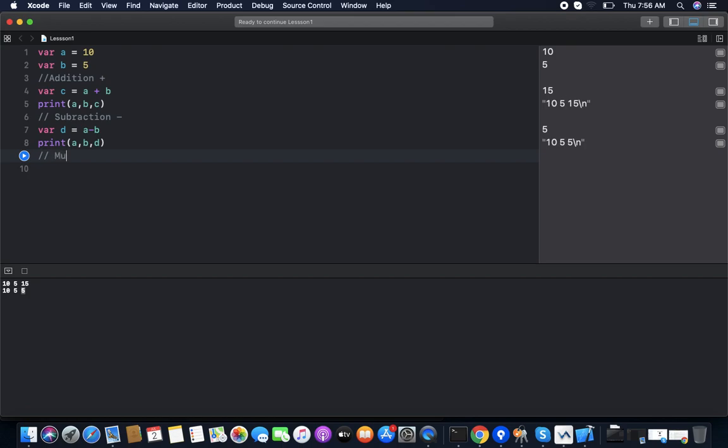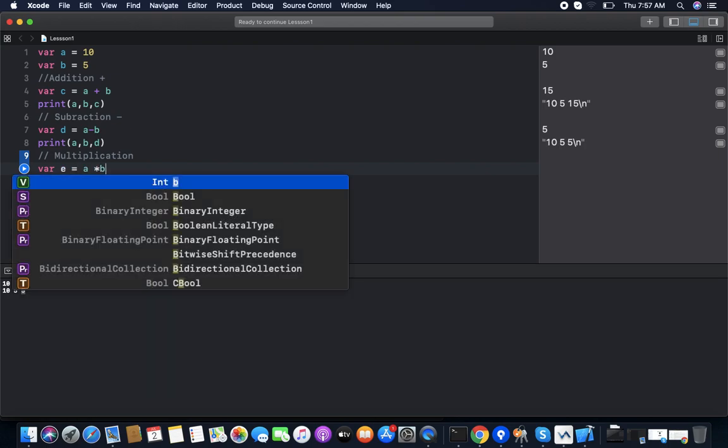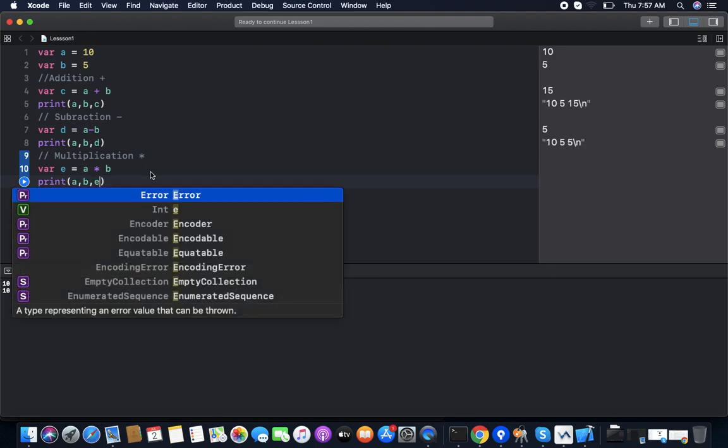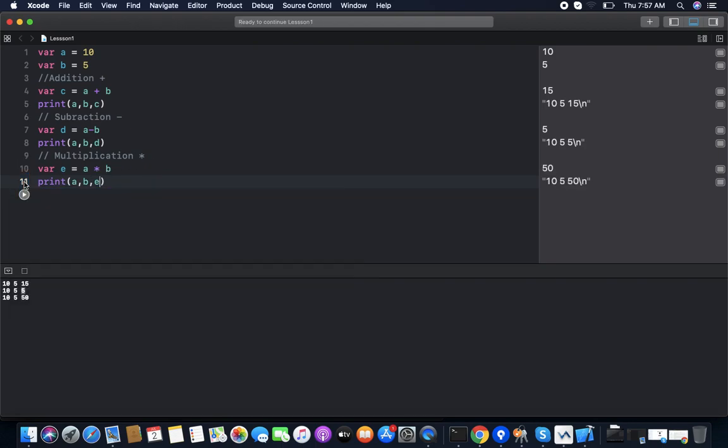Now multiplication, e is the multiplication of a and b. So we multiply a and b and assign the value to e. Now print a comma b comma e. So you can see a is 10, b is 5, so the multiplication is 50.